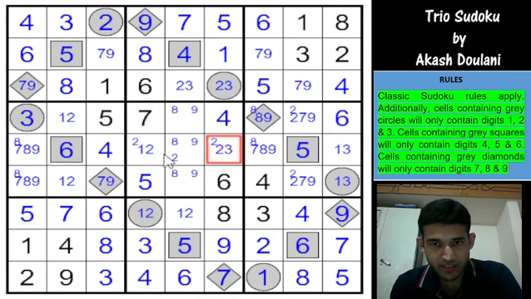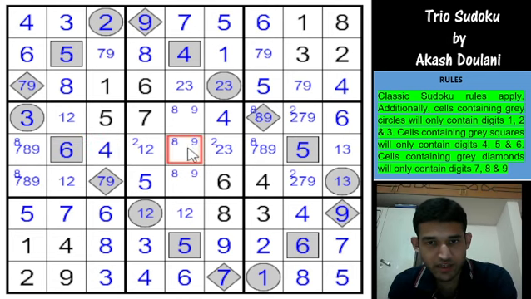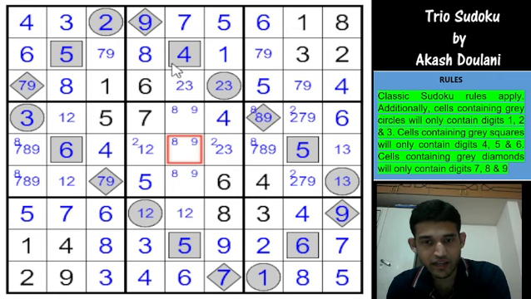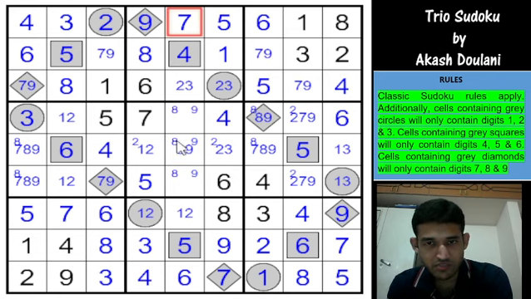Okay, now you'll notice that 1 2 and 3, beautiful guys. Look at this triplet, awesome, right? You have 1 3 here, you have 2 3 here, you have 1 2 here, which means I can lock a triplet in these 3 cells, so this cell cannot be a 2. And 4 5 6 and 1 2 3, right? So remaining digits must be 7 8 9. This has to be an 8 and 9, right? Because 7 is here, so this becomes 8 9.